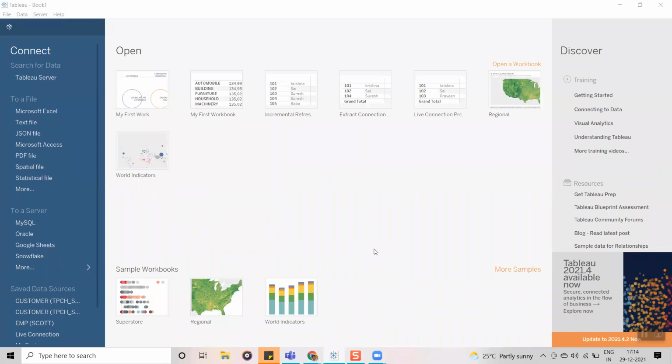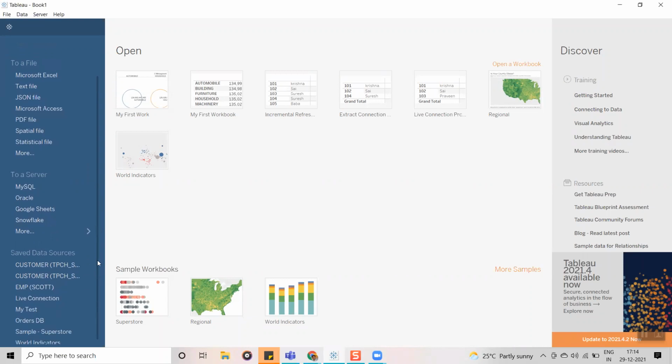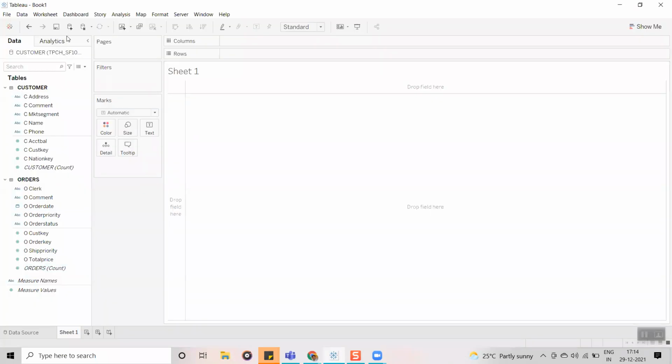Yesterday we learned how to save the data sources as well, right? Say now I open a fresh copy, a fresh Tableau application. So now I am going to click on this. Once I click on this, automatically I am going to get the data source. That is the benefit of saving data sources. The data source extension is .TDS, and .TDSX is the Tableau packaged data source.